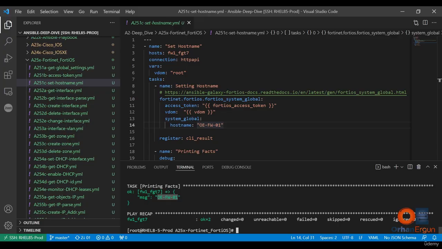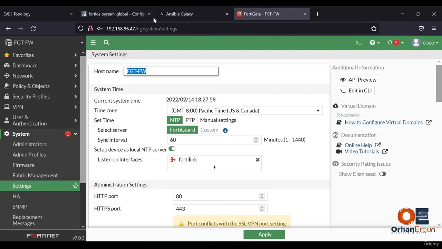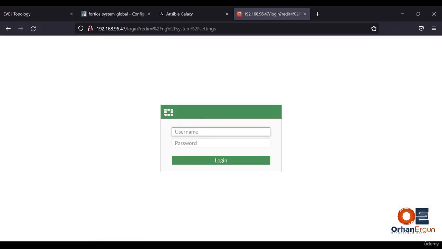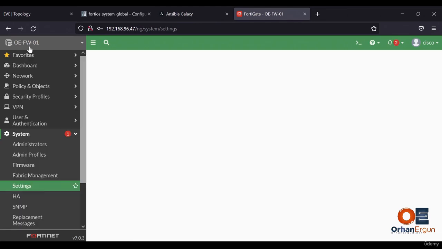from the GUI itself, just go back into the GUI and do a refresh. As you can see, it is FGT firewall. Just do a refresh of the page. It requires login again. Now it is changed to OE firewall 01 in the system settings,